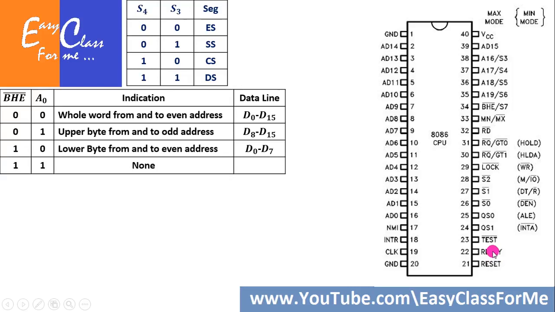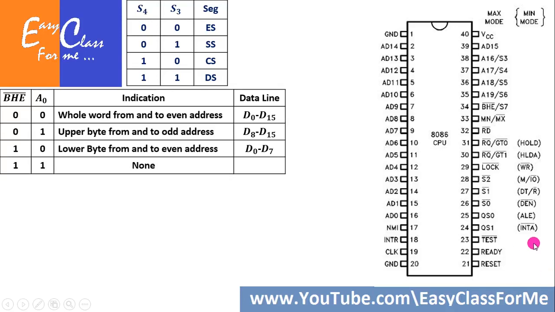Similarly, this ready pin is used to synchronize this microprocessor with a slow device. For example, the memories that we have are usually not as fast as the microprocessor. So when the microprocessor is doing some task and it requires some data from the memory, or it requires to write data to the memory, the memory has to accept the data at the speed at which the microprocessor is transferring it, if it is of the same speed. But if it is not of the same speed, it is not ready to accept the data at the speed at which the microprocessor gives it, so in that case the